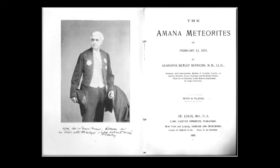This other fellow came by a little later, a little shy-looking guy, Gustav Gottlieb Heinrichs. He was a chemist for the Iowa Geological Survey and worked at the University of Iowa. He got really interested in these meteorites, and he tried to document them even better. He went out and photographed as many as he could find, tracked them down, found out where they went, put together a pretty neat little compilation, actually, that showed where the various sizes of meteorites went, how big they were, what place they went, Copenhagen, Berlin, etc. So these were passed out and spread all over the place, and that was the best compilation at the time,